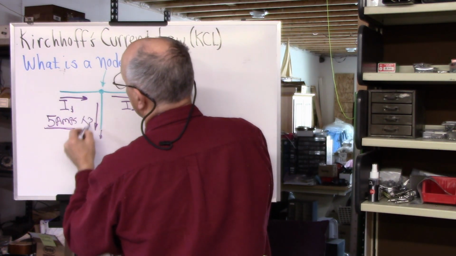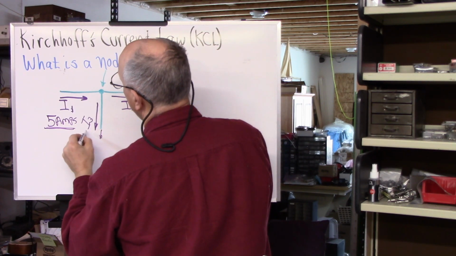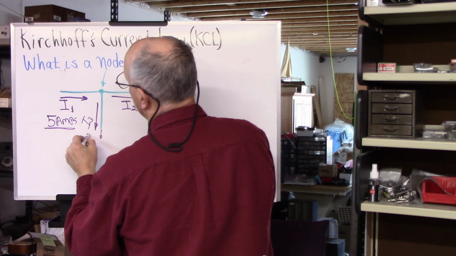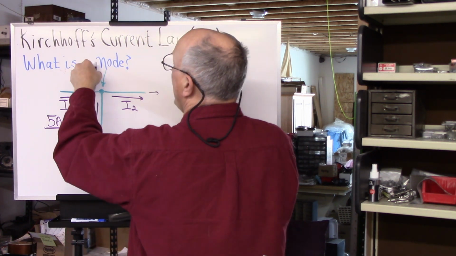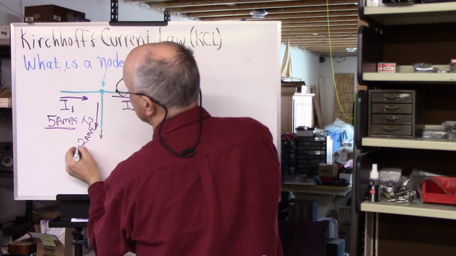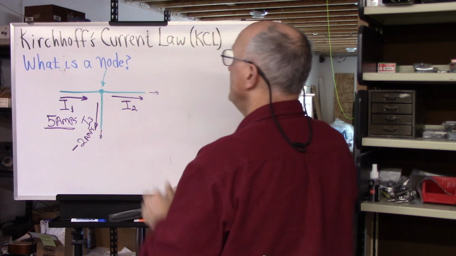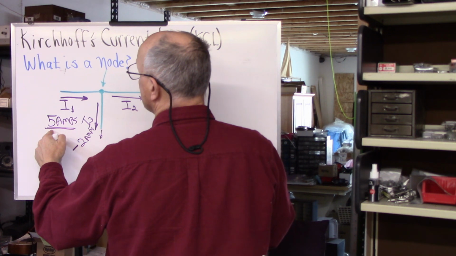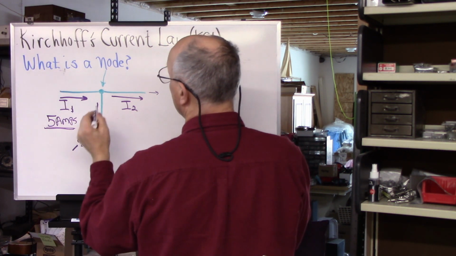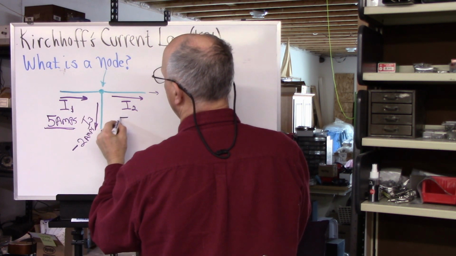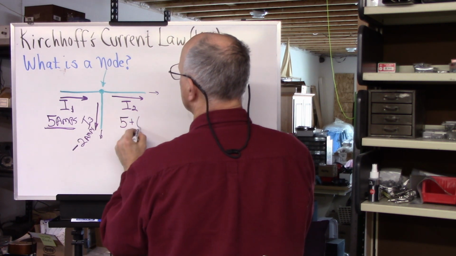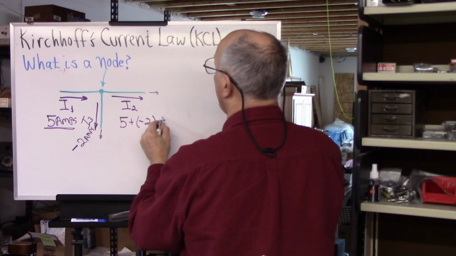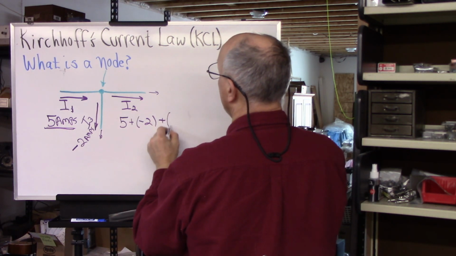And so if this is 2 amps coming down this way, now it's exiting the node, so that means it's minus 2 amps. This one is exiting the node, and because this is 5, we can say, algebraic sum, remember, 5 plus a minus 2, that's this guy here, plus whatever I2 is,